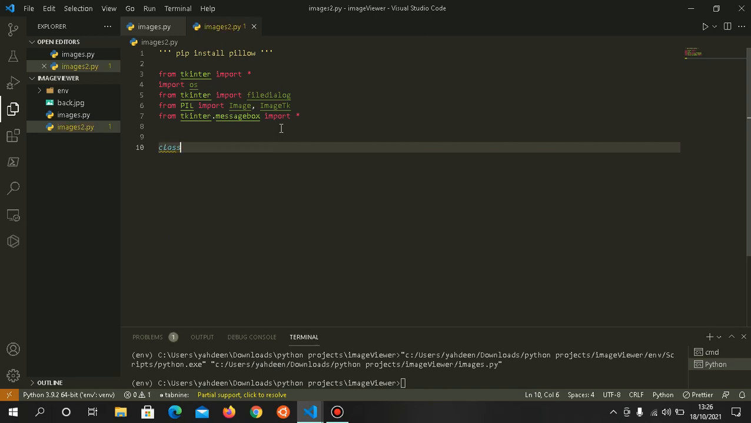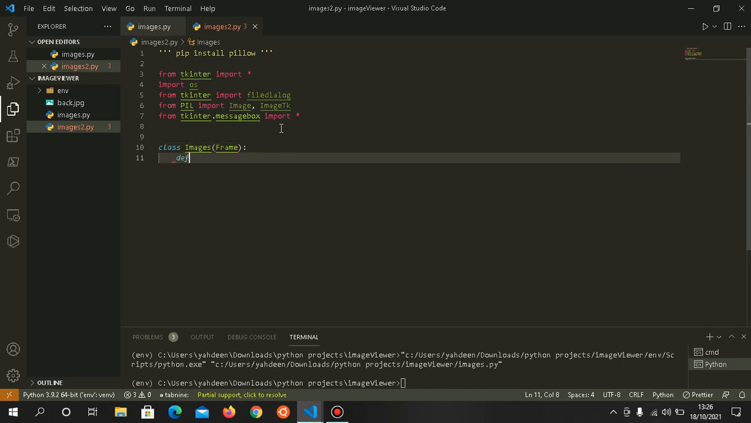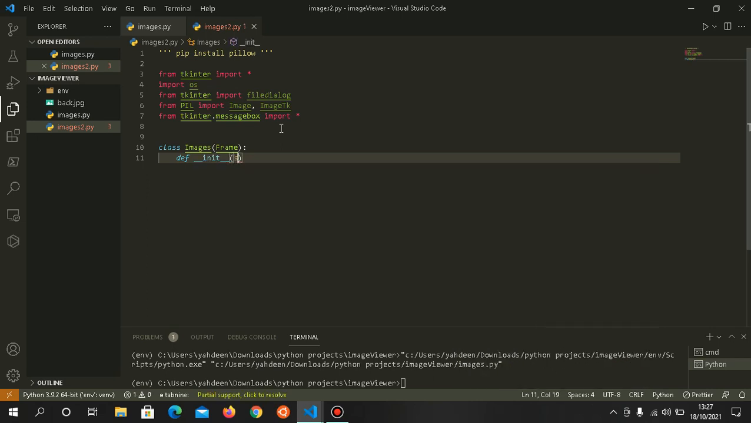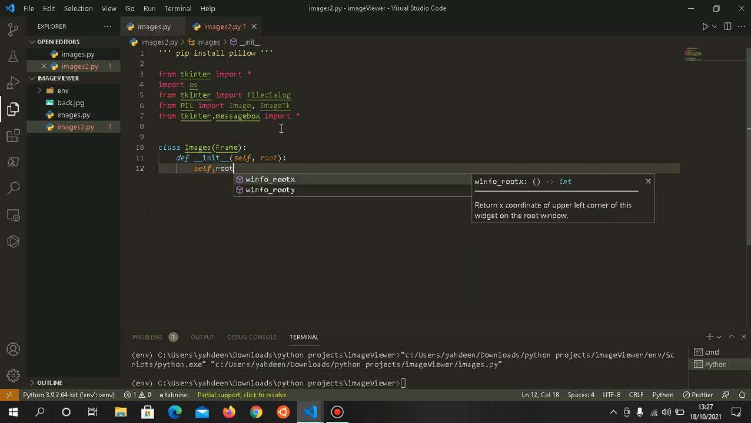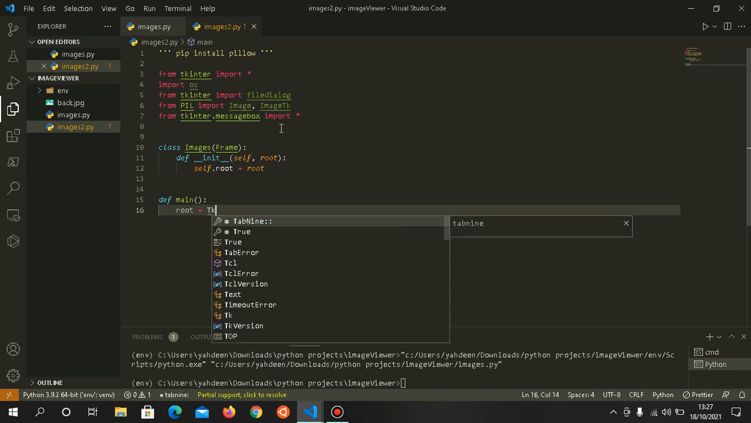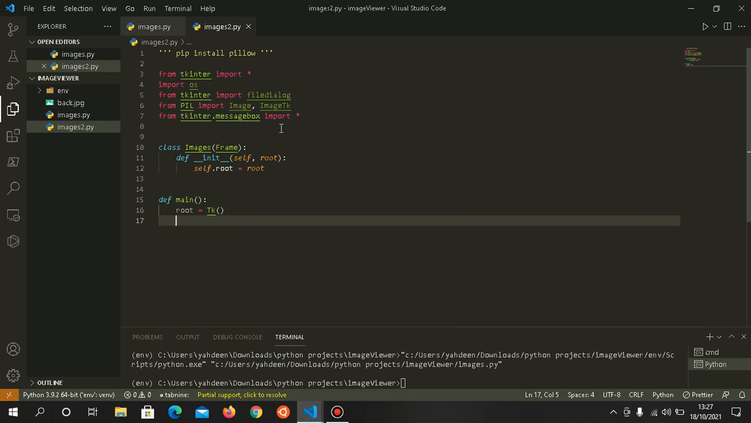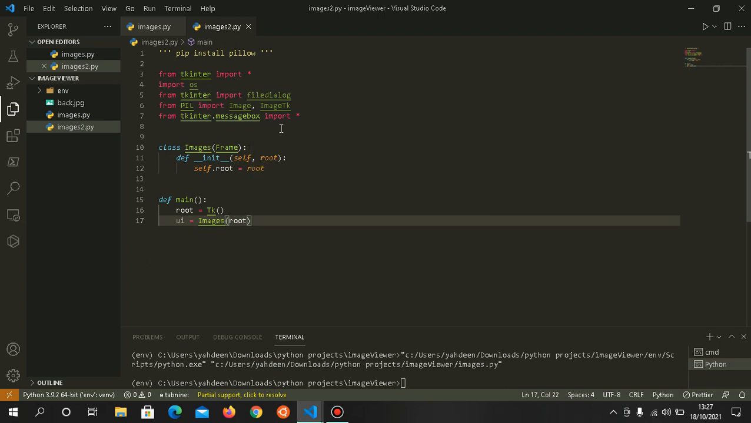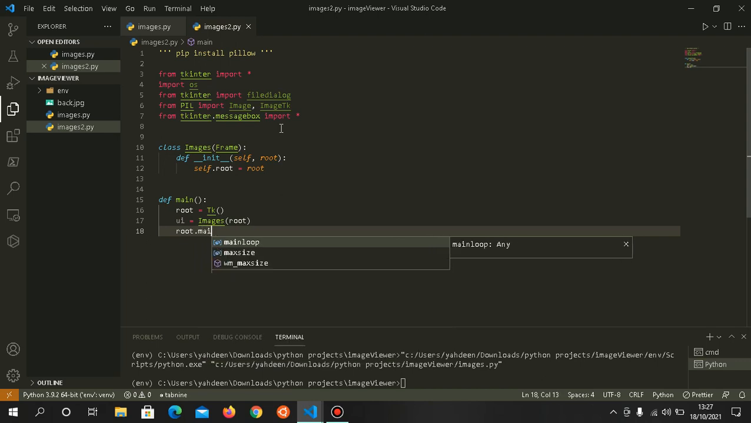That's everything. So class Images, let's do Frame. Let's initialize our instance, the __init__, so that would be self, and then root. And then let's do self.root equals root. And then let's do a function right here that will be our main function. So root equals Tk, and then it will be UE. Name it anything you want, but I'll just name it UE equals Images. Then let's pass the root into our class, and then I will do root.mainloop,